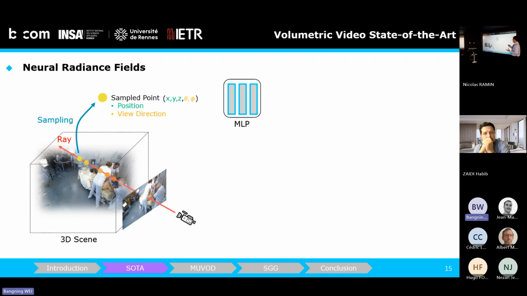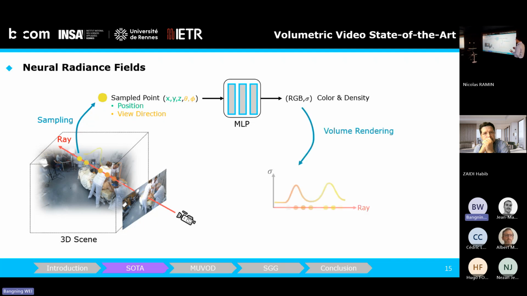These 3D points, which are represented by the position and the view direction, are passed into the neural network, and then we can get the color and the density. And then we have the volume rendering to